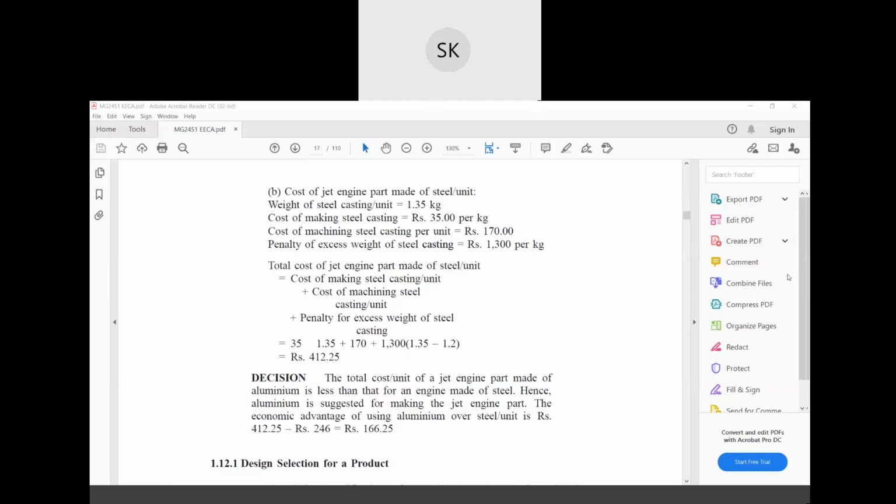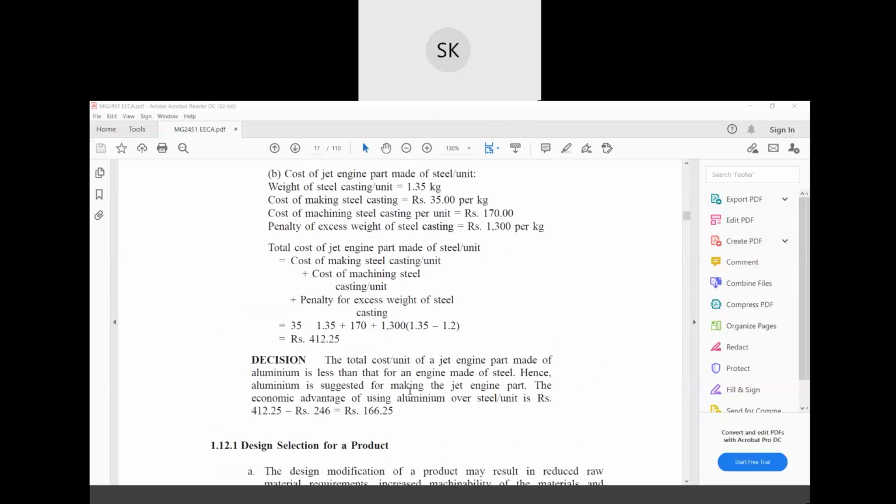Understood or not? Any confusion in this part? Yes. No, ma'am. Okay. Next, let's move to the next. How many students are there in section A? Oh, sorry, this is section B, right? Yes, ma'am. Section B has more students compared to section A. Okay. I got confused with the number of students. 41. Okay, so let's move to the next topic.